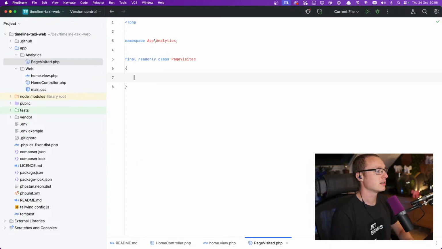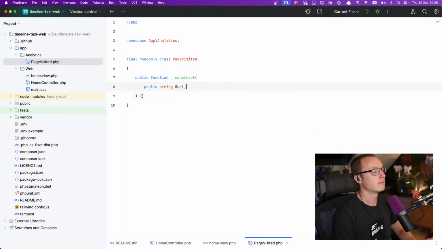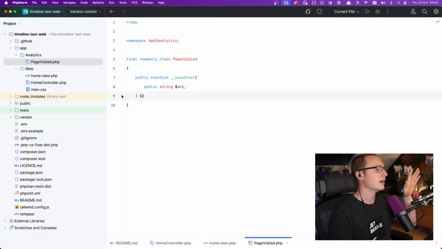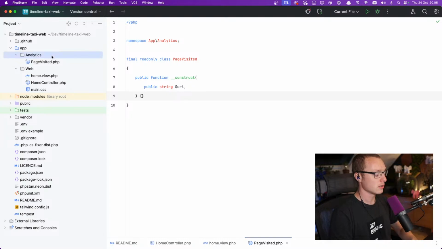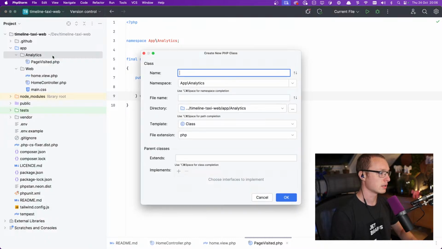This will be an event, right? Public string URI. Okay, so whenever a page is visited, we'll dispatch an event and we'll store it somehow, somewhere. Okay, so we want to dispatch this event whenever we visit the page, and that can be done with a middleware. So let's create a page visited